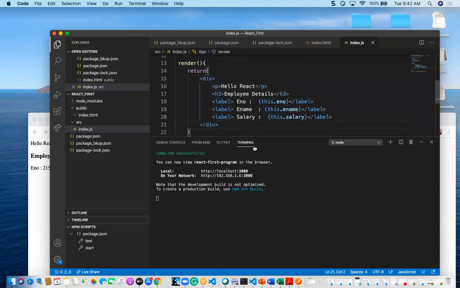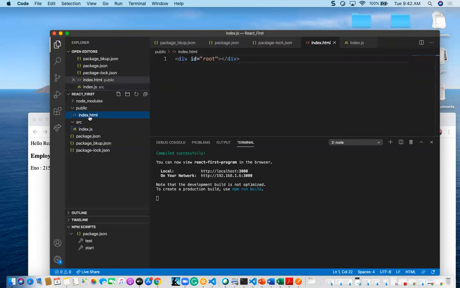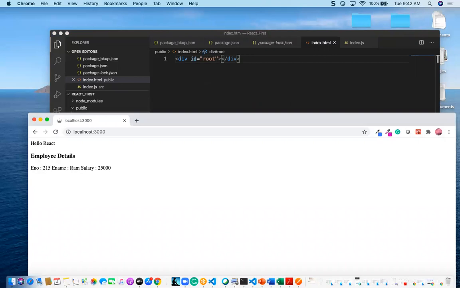And yeah, I hope you are clear with this topic. Okay. Tomorrow we'll see some state-related topics: state, how to trigger the state, and how to get the value from the state. And also conditional rendering and others. Okay. Sure.